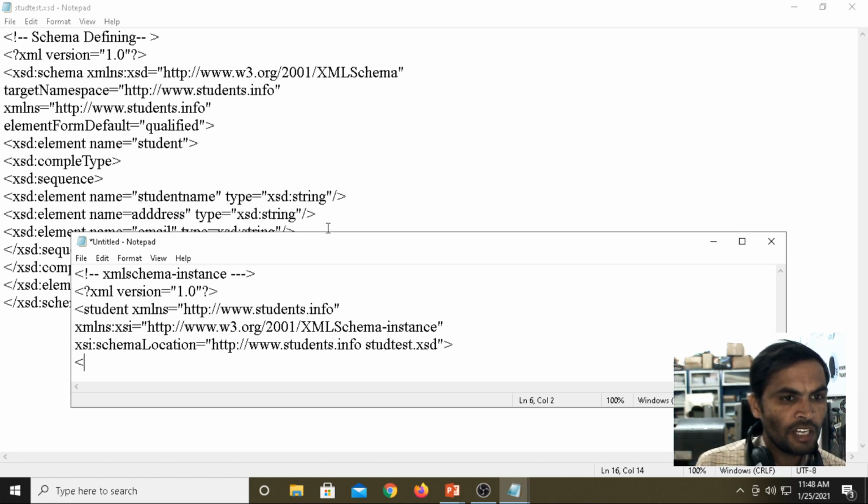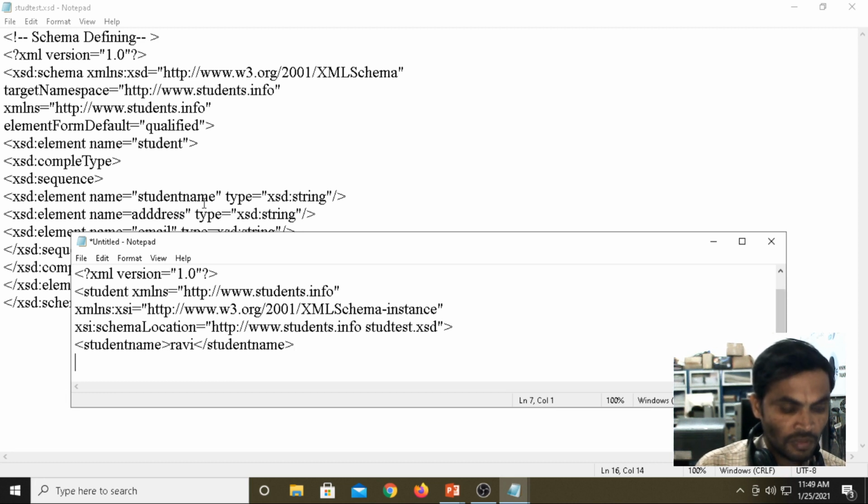The element name is student name. Student name is Ravi. Closing student name. Then address, Hyderabad.